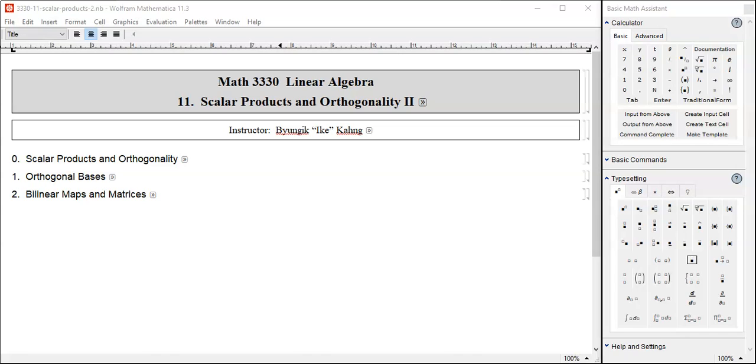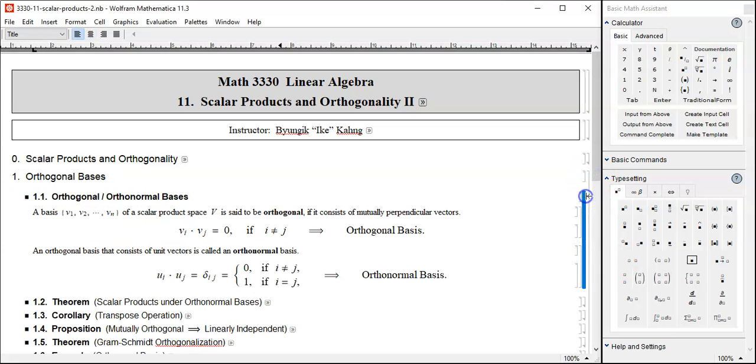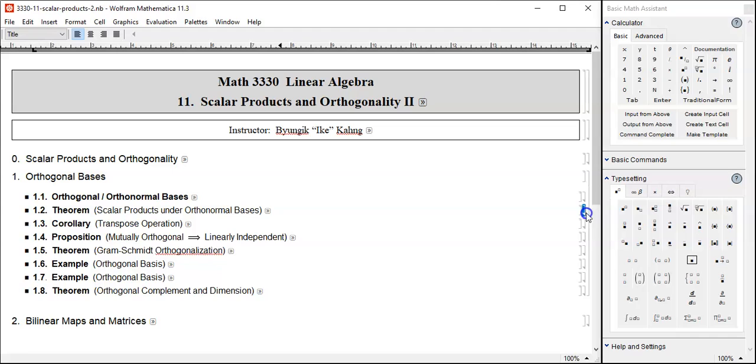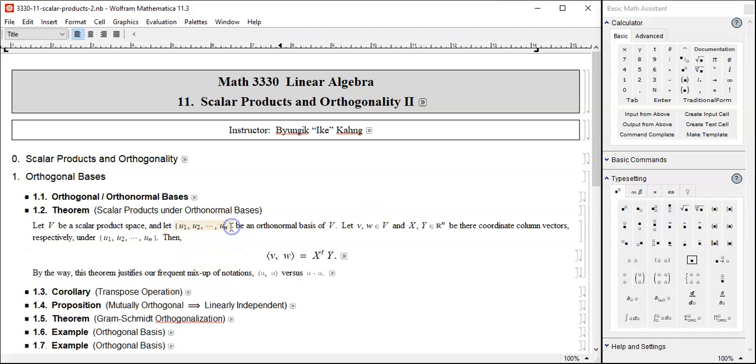Hello students, welcome back. Let us resume our discussion on section 1, orthogonal basis. Previously, we went through the definition of the orthogonal basis and orthonormal basis. And then we went to an application. If we have an orthonormal basis system in place, and consequently, if we have the coordinate expressions of vectors v